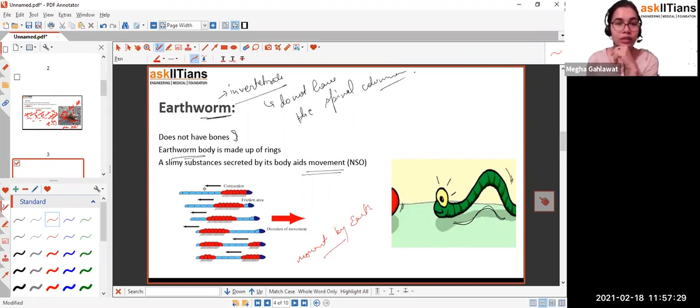Now, what you see right here is the movement shown by the earthworm, not the cockroach, right? You see there is the contraction. You see the segments first of all, right? All the rings that we're talking about, which the earthworm body is made up of, these are basically the segments. Okay, they are the different segments which are together, and they also move by proper contraction,